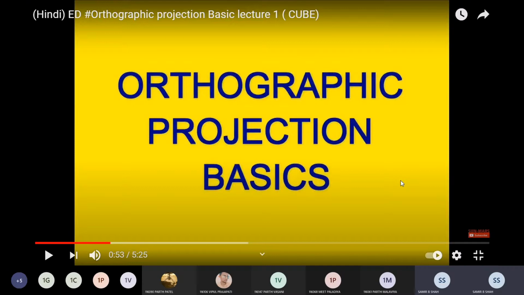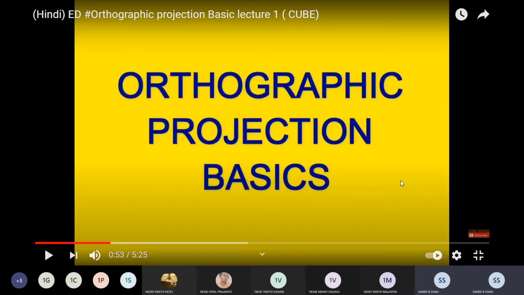As I discussed, in this method, it is assumed that the observer is at infinite distance from the projection plane, and the projection rays are parallel while the reference plane is perpendicular. Okay, so based on that, we assumed that the projection planes are parallel. Orthographic is the better communication whenever we talk about the engineering language.